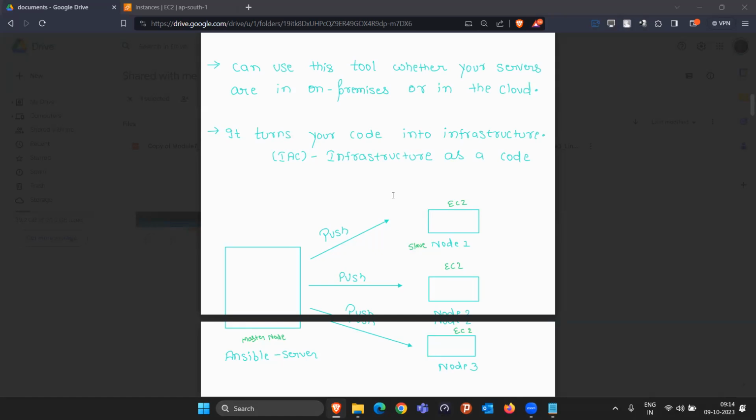Similarly, Terraform can also do configuration management. But Ansible is the expert in that, because in Terraform these things will be a little bit complex for you. Again, I will explain that later. But till now, just understand both can do each other's work. That means Terraform can also be used for configuration management, but it is not meant for it. The reason will come later. Second thing, Ansible can also be used as infrastructure as code, but it is not that good in infrastructure provisioning, while it is so good in configuration management. That's why we use Ansible mostly for configuration management.